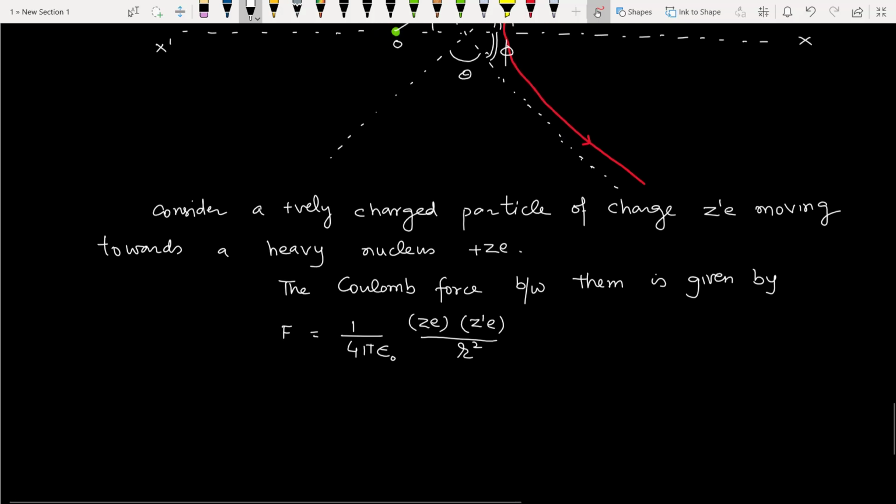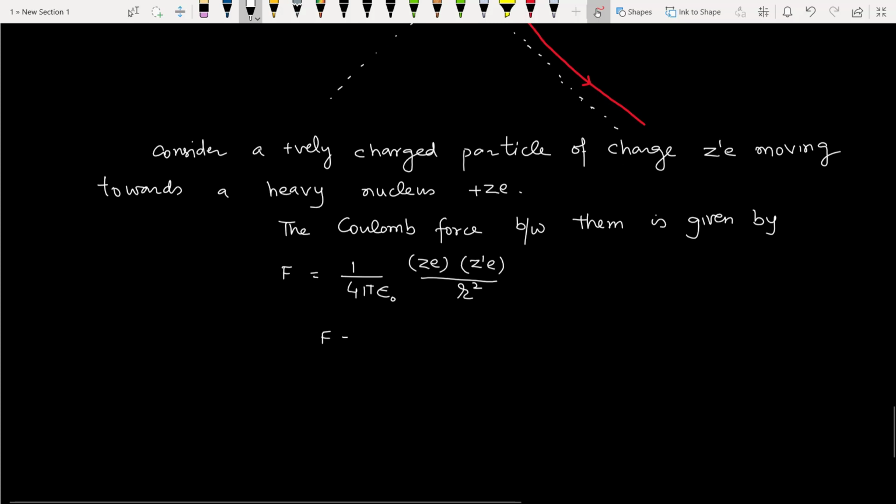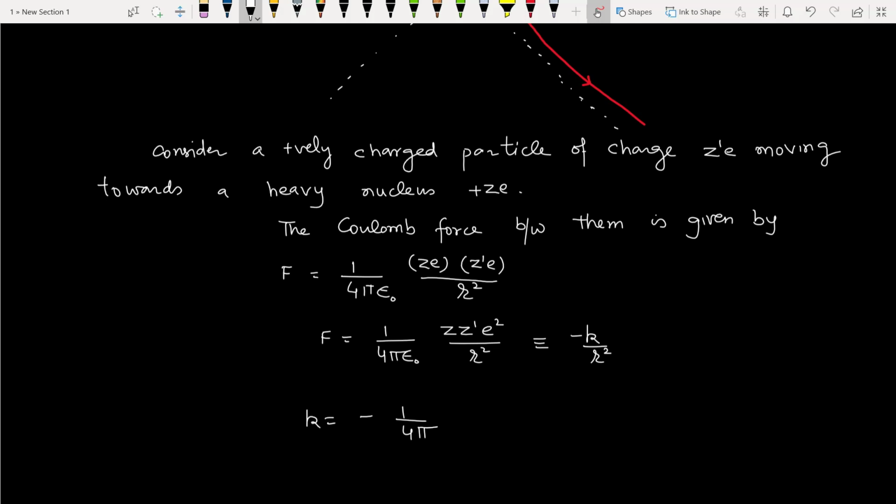So it will be written like F is equal to 1 by 4 pi epsilon naught Z Z dash e square upon r square, and it can be written as equivalent to a central force problem we have dealt with in one of our previous lectures, where we write the force equivalent to minus k by r square. So comparing the two, we will get the value of small k equal to minus 1 by 4 pi epsilon naught Z Z dash e square. So we mark this as equation number 1,